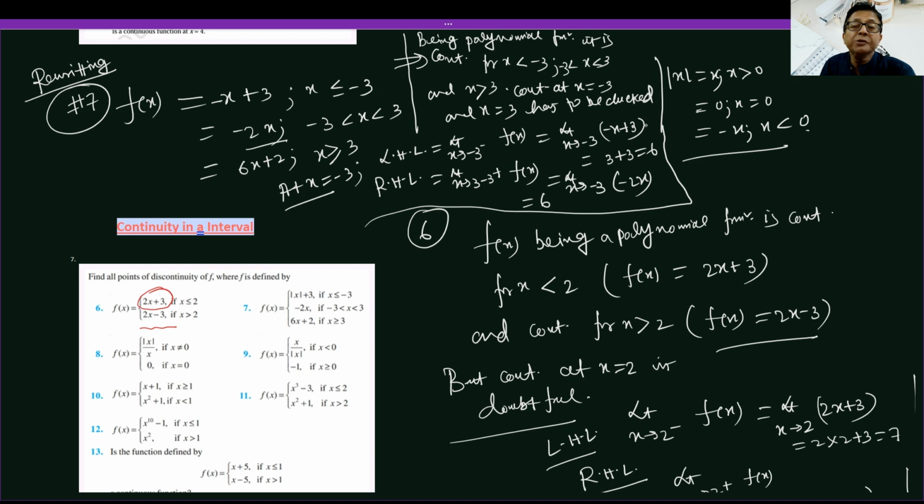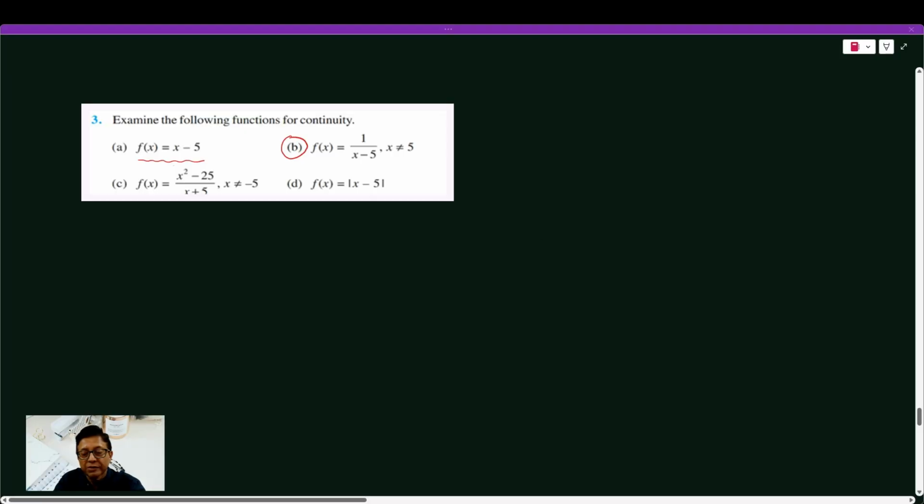Do I need to proceed? Yes, because we need the functional value. Then only we can say whether the function is continuous or not. What is the value of f of minus 3? Just look at this. Put x equal to minus 3 here only. 6. The function is continuous at x equal to minus 3. Clear? Similarly,